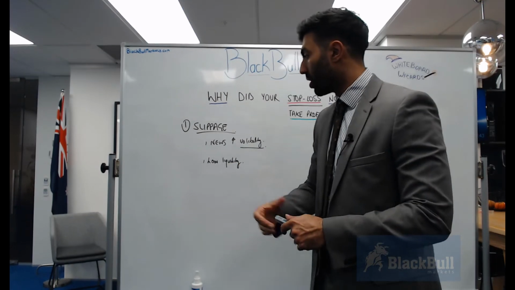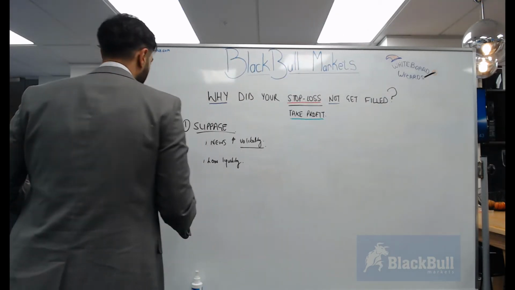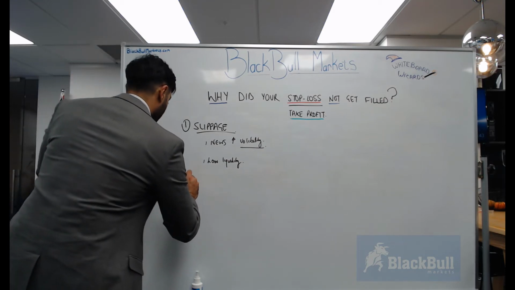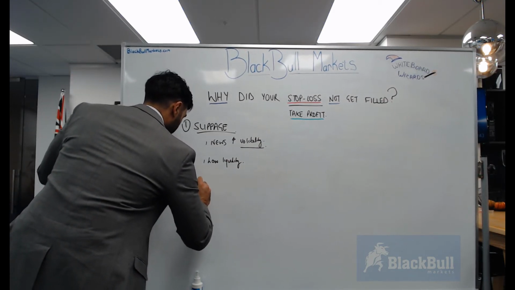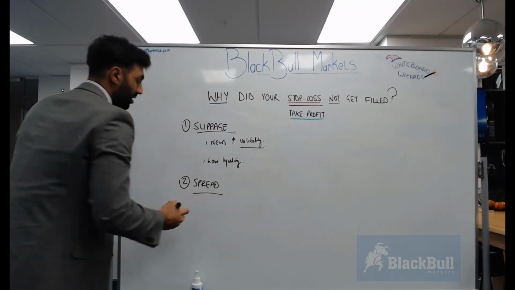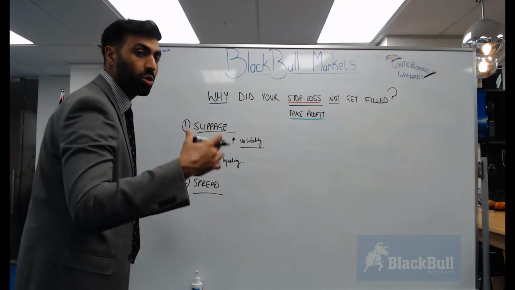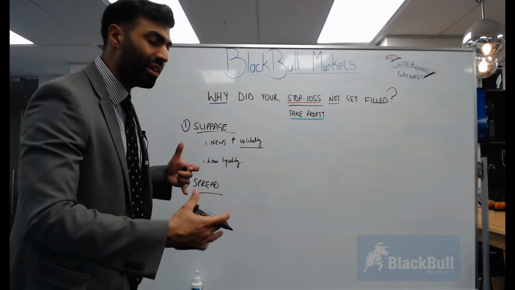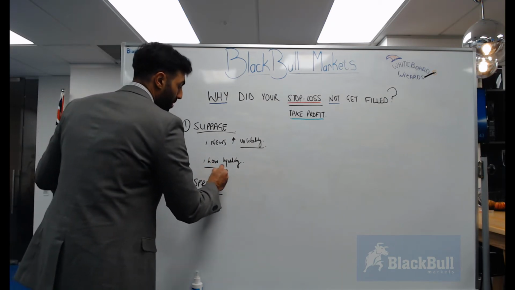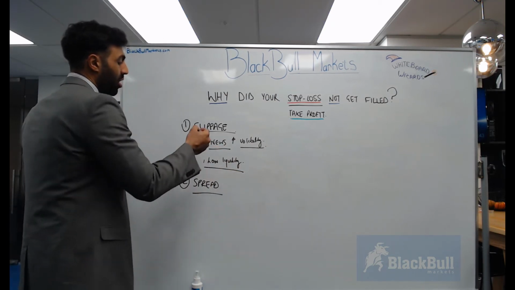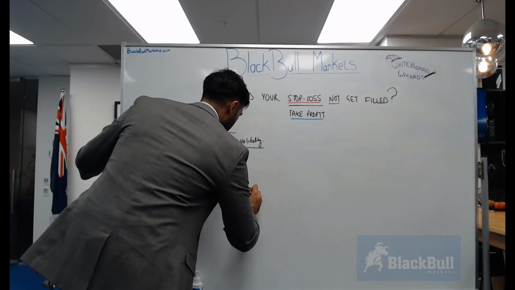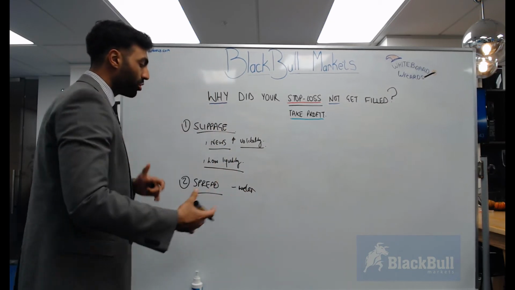Now, low liquidity leads on to the second key point for why your stop loss or take profit could not have got filled at your requested price, and that is the spread. It all runs in sync together, because the spread essentially is the price that you're going to get filled at. You need to account for this within your trades and your risk management, for periods of low liquidity or news events, and account for a possible wider spread than you're used to seeing.